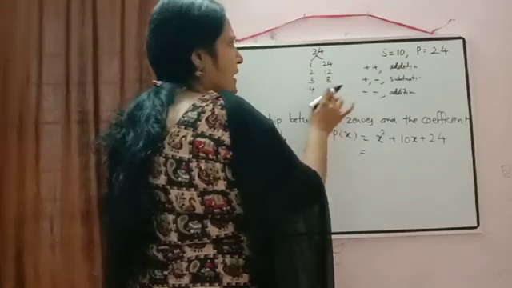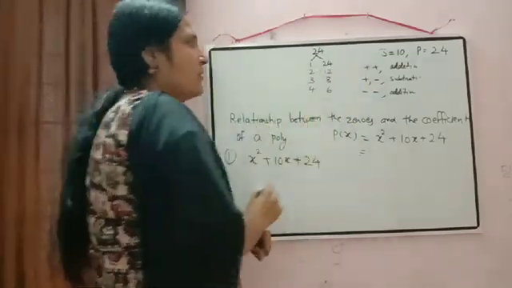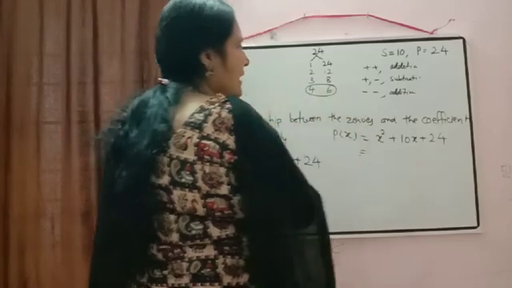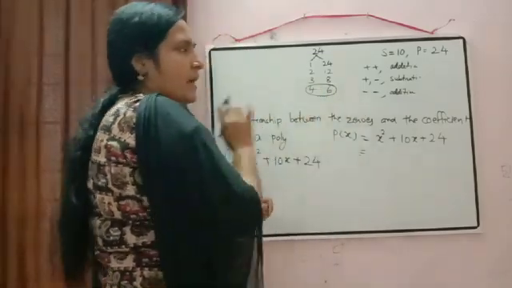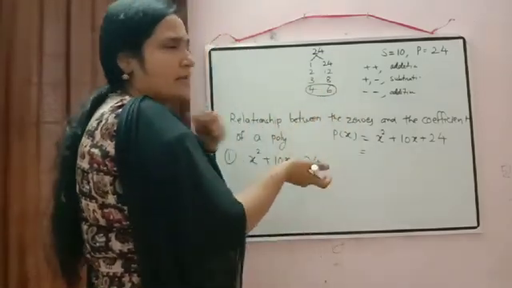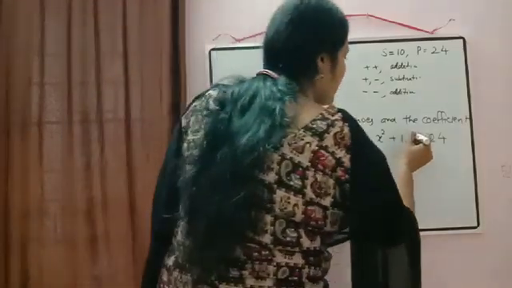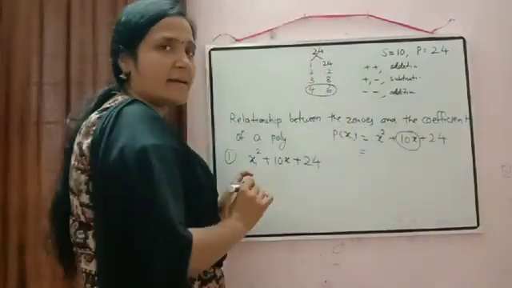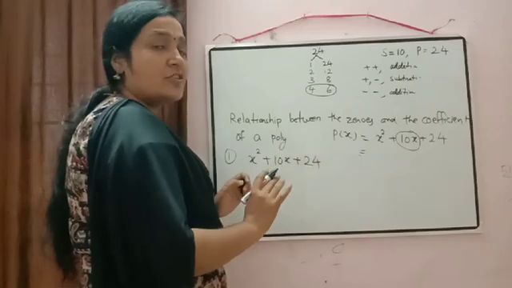4 and 6. And 4 plus 6 is 10. So the two numbers which we need are 4 and 6. And we know both the numbers should be positive. Split the middle term means we have to split only the middle term. In the rest of the terms, no change will come.